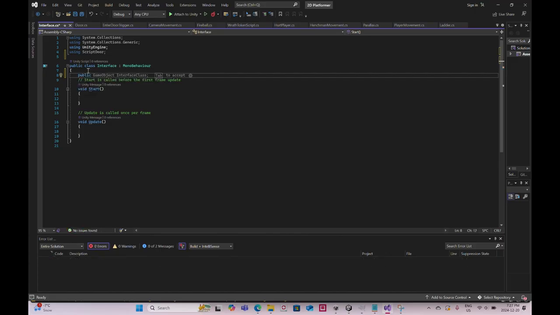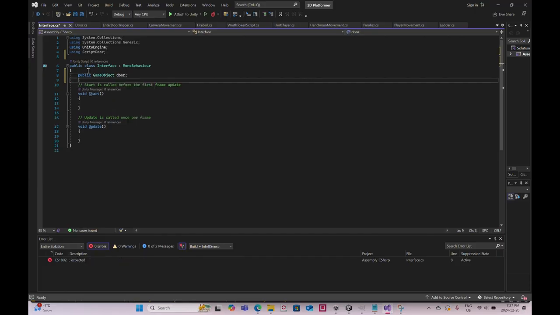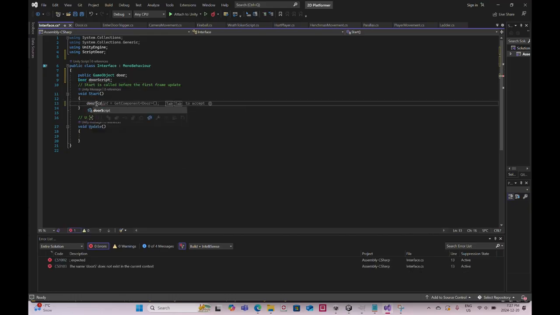Public game object door, script door script. This is just called door. Door script equals door dot